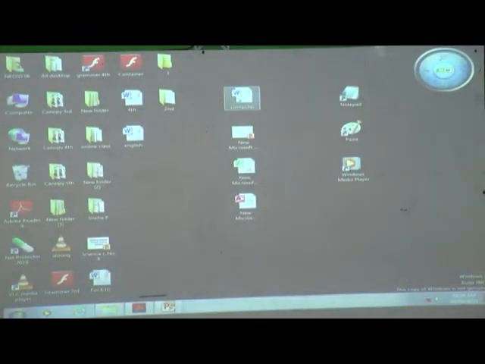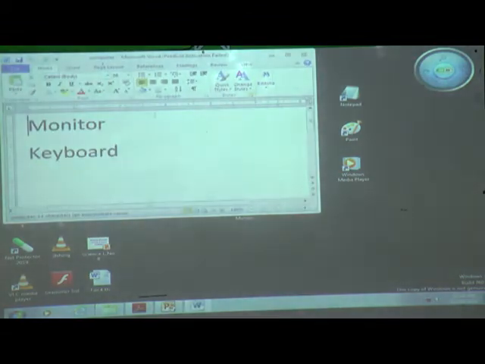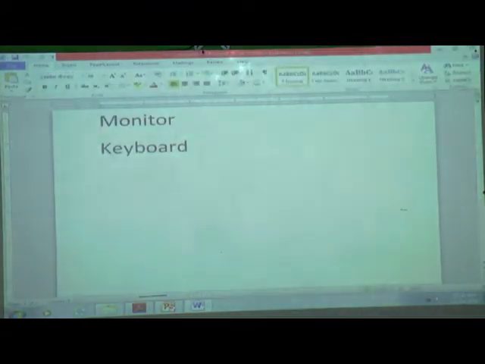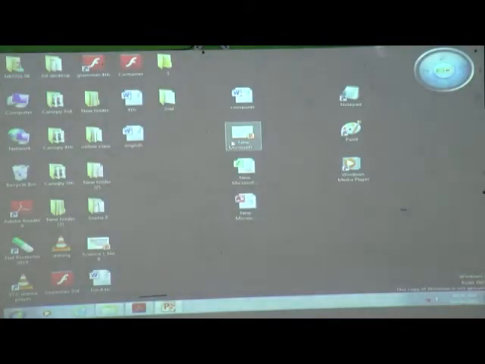First one, you can see here, it is W. W means Microsoft Word. If you want to type, then we can use this type of Word document. It is Word, right? Word processor. Type of the file is Word processor.